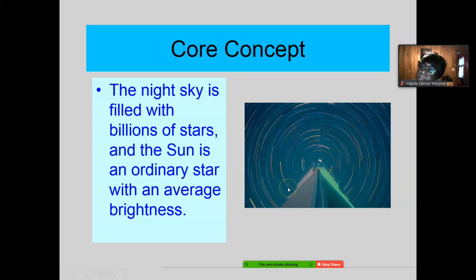And stars that started here moved up to here. Stars that started here moved up to here. Stars that started here moved over to there. Stars that started here moved to there. What you're seeing is the motion of the stars at night. Just like the sun rises in the east and sets in the west, the stars rise in the east and set in the west. All of them apparently going around the North Star, which hardly moves at all. Okay? We'll talk about why that's true. Those are just another flavor of what we'll be talking about in this chapter.